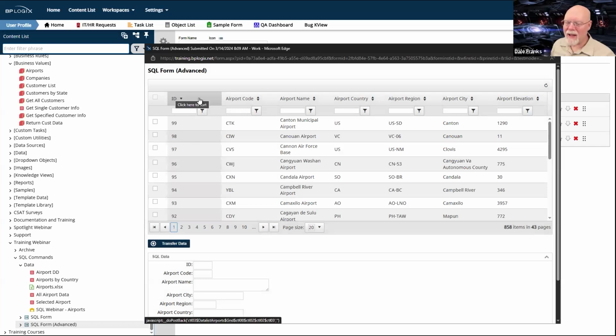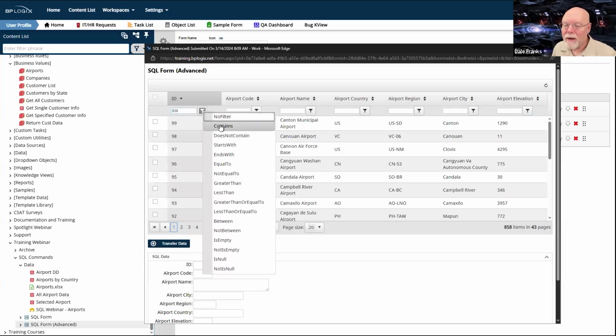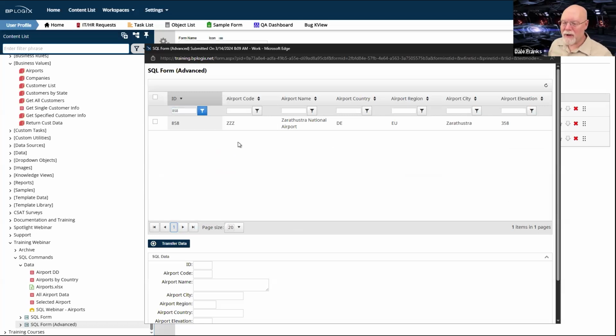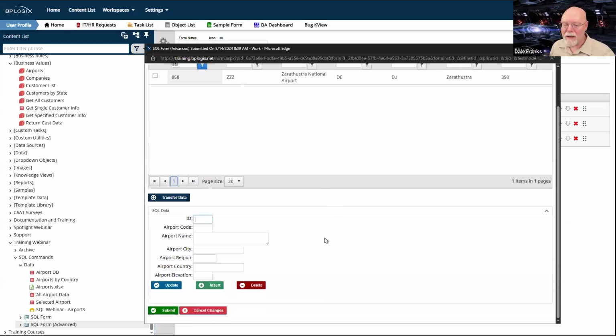I really hate that it does that. So we are going to look for 858. I believe that was the one, so we'll see if it contains 858. There we go. There is my airport. So that ID is 858.